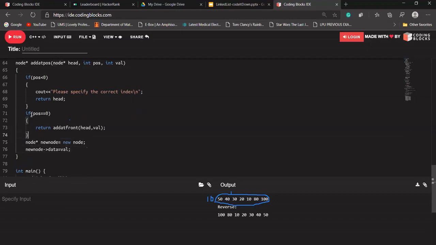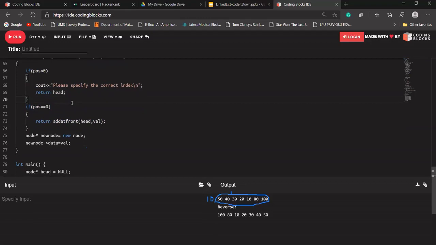Till here, is that clear with everyone? If position is less than 0, it is not possible to add at negative indexes. If it is equal to 0, we have to add at the front of our linked list. If it is not equal to 0, that means we have to add after 0.